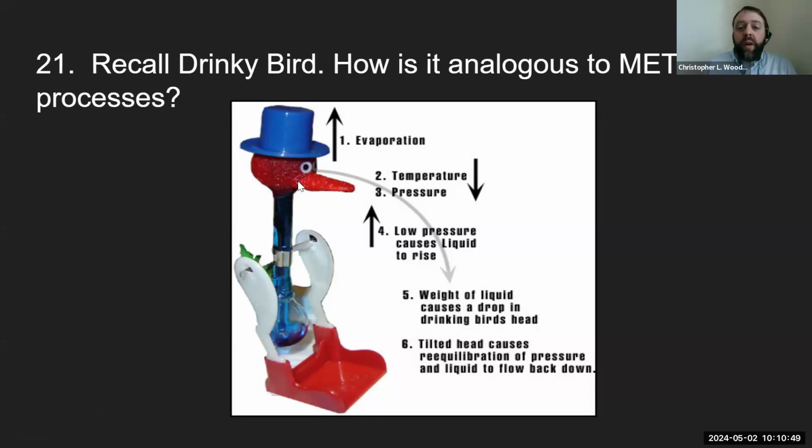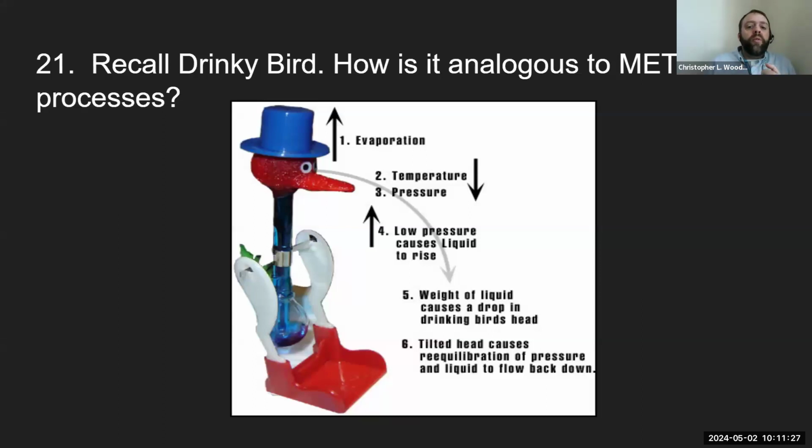But when you get that bird's head wet, water evaporates off of the head, cooling the head, and actually the liquid inside condenses and falls down, kind of like rain. As it happens, it creates a tiny amount of low pressure. Things like to move from high to low pressure. So there's higher pressure in the bottom, lower pressure in the head. The liquid moves up, and of course, then it's just tilting. So the biggest thing is high and low pressure, but you can also talk about Drinky Bird in other deeper terms like evaporative cooling,